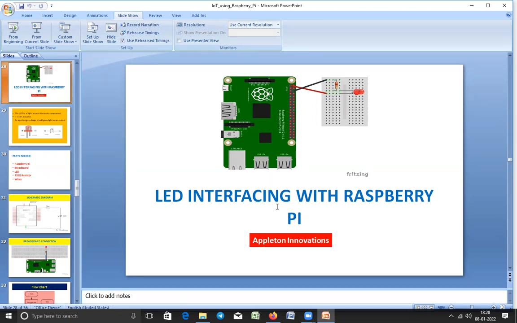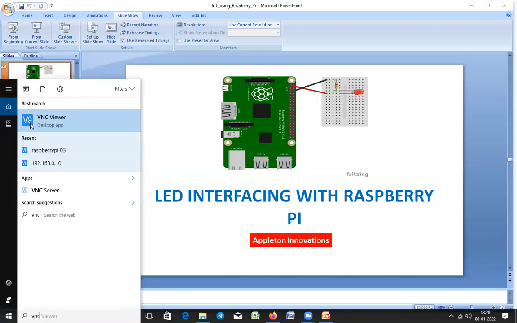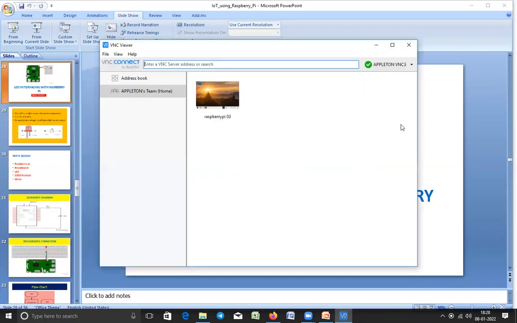There is a tool called VNC. VNC is Virtual Network Computing, most of you know, right? Directly we can access machines by using this VNC. We can get access to a particular machine. So I'm going to use this tool and try to access this particular Raspberry Pi.